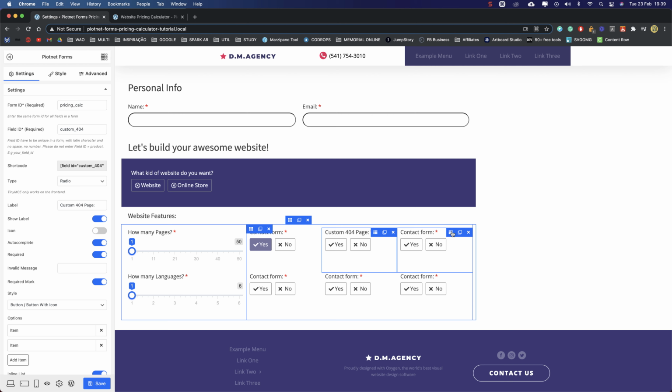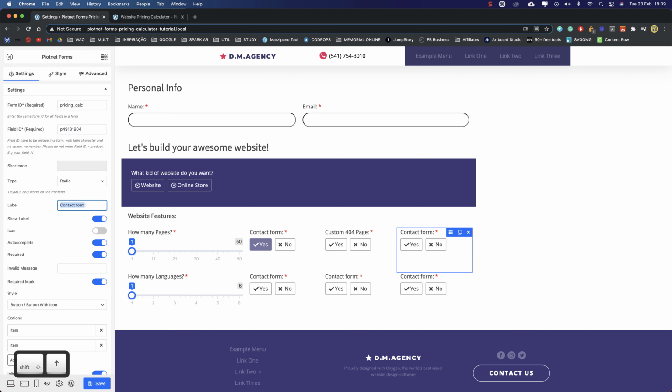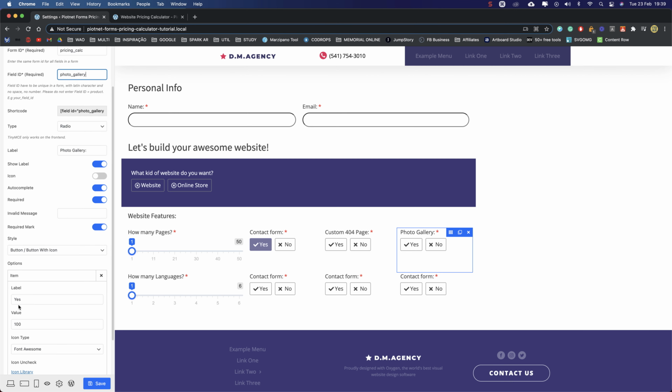Here, this will be photo gallery. Let's change the ID to the same, photo gallery. And I'm not changing the values of the yes. Everything will be 100, but of course you can give each one its own value.